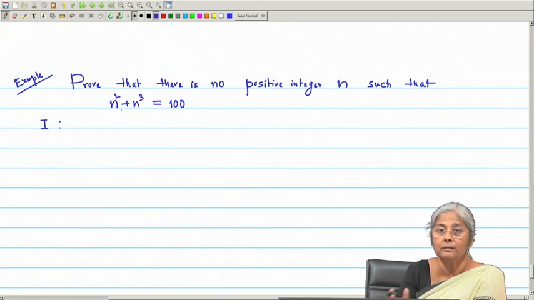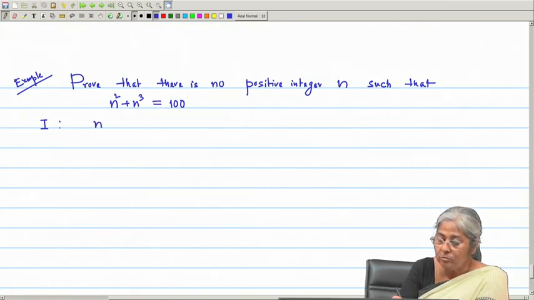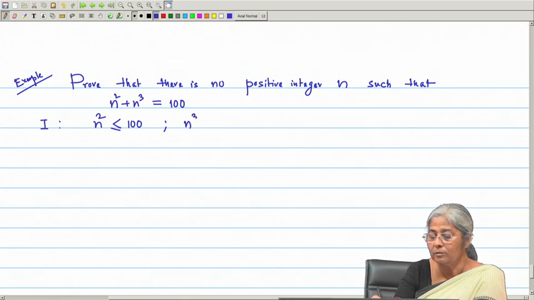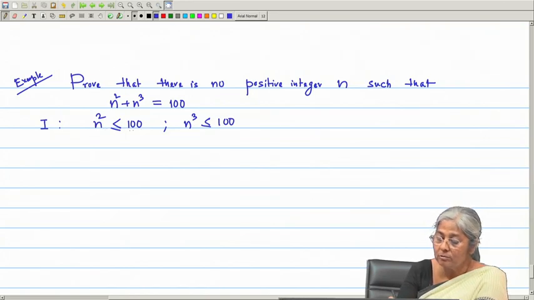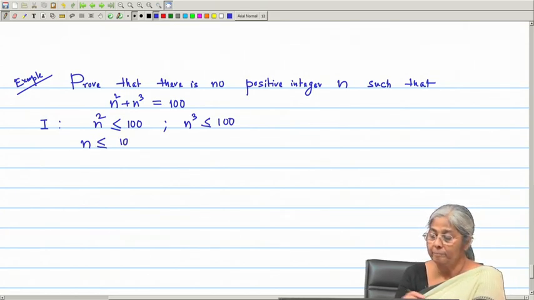If I think separately, then n square must be less than or equal to 100 and n cube also must be less than or equal to 100, since the sum of n square plus n cube equals 100. So, n square less than or equal to 100 means n must be less than or equal to 10. Similarly, for n cube, n is less than or equal to